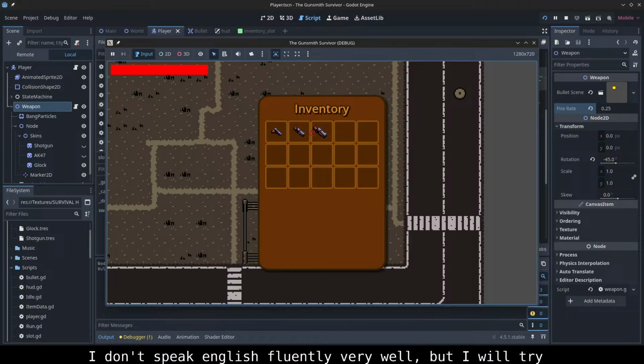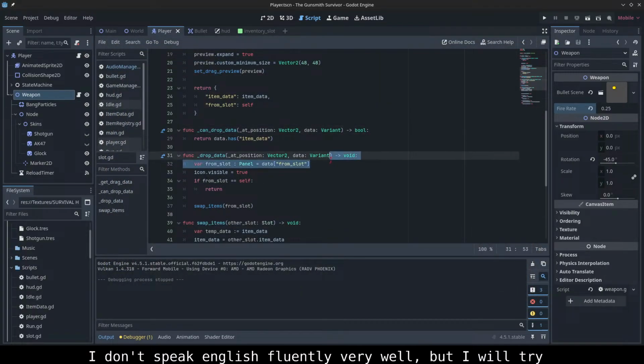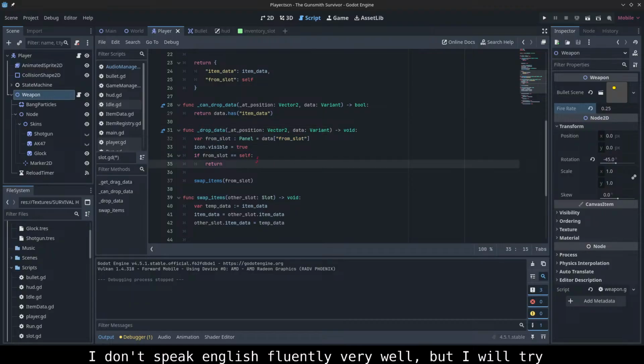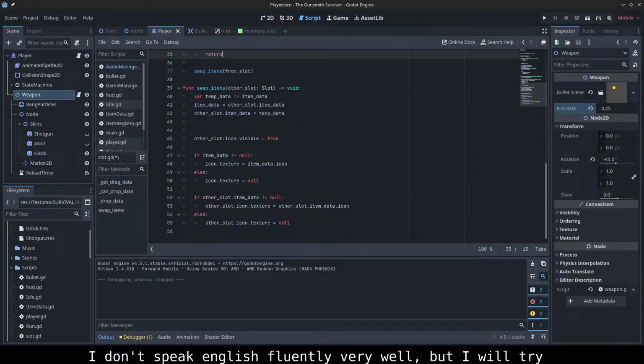Oh. Not there. If item data isn't null, then